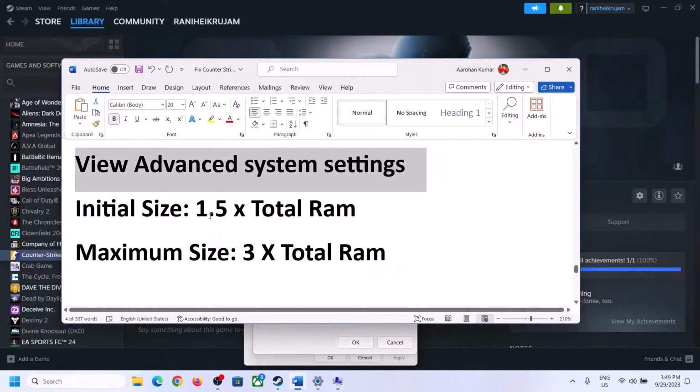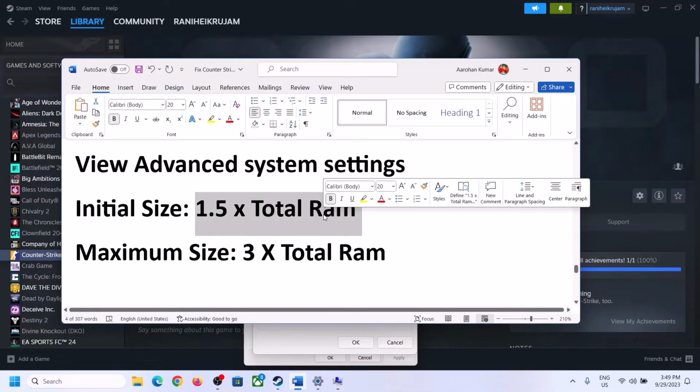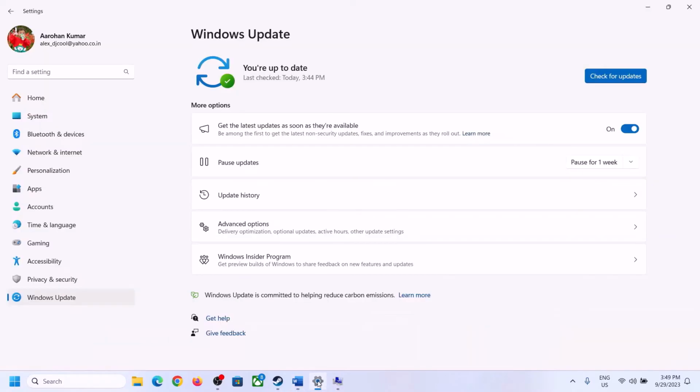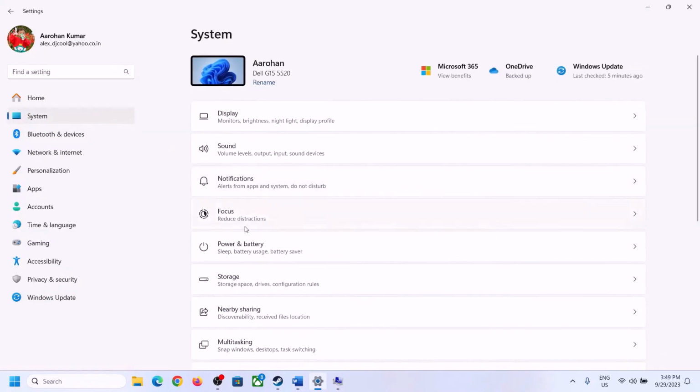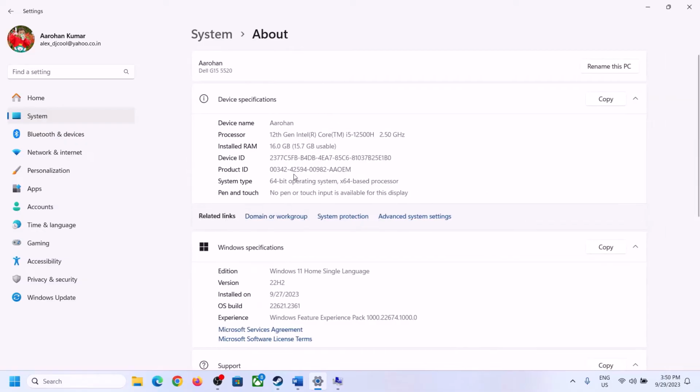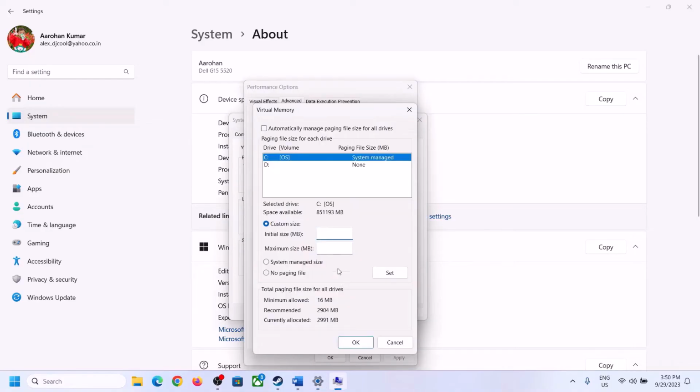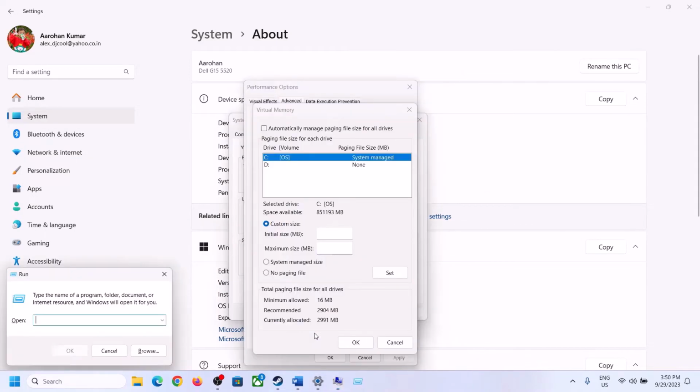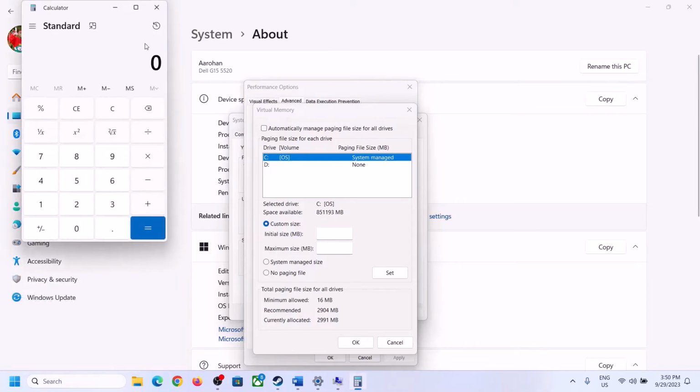for initial size it's 1.5 into total RAM. So you can check the total RAM in Windows settings. You can go to system and then go to about, and total RAM in my case is 16 gigabyte. So you can calculate accordingly. In my case it's 16 GB, so I will calculate as per 16 GB. So first of all we have to convert 16 GB into megabyte. So we will open calculator. So type in calculator in run box and then click on OK, and over here